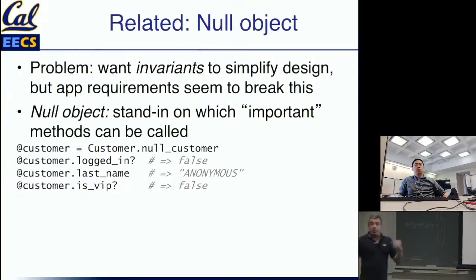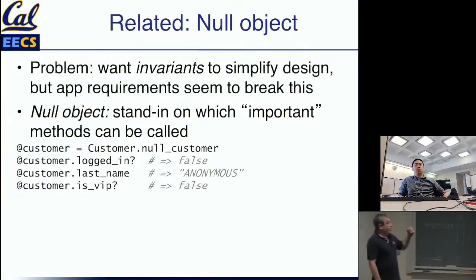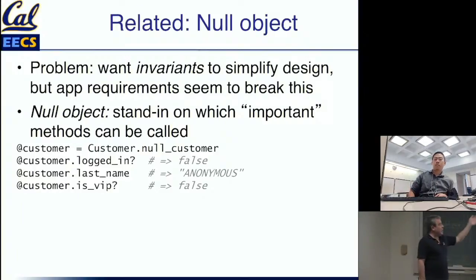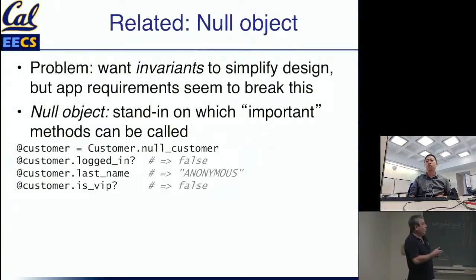If someone has logged in, then the customer object refers to a real instance of the class that supports all these methods, like logged in, last name, is a VIP. But if nobody is logged in, then there isn't any object on which you can call these methods. The naive way to fix that is, any place that you would be about to call a method, you would first check whether @customer has a non-nil value,